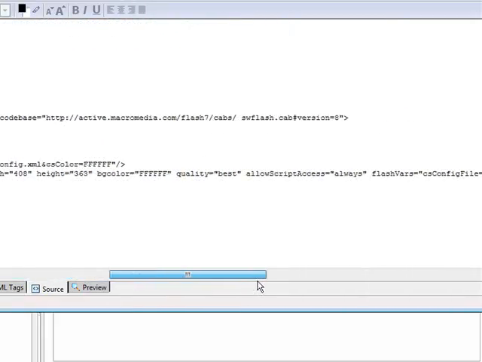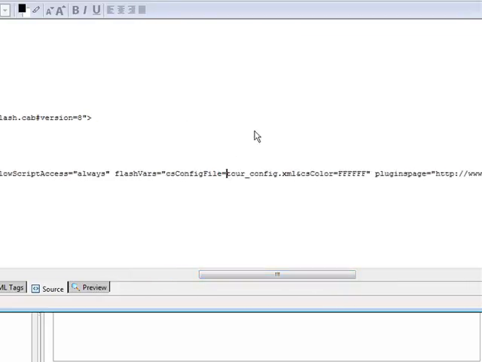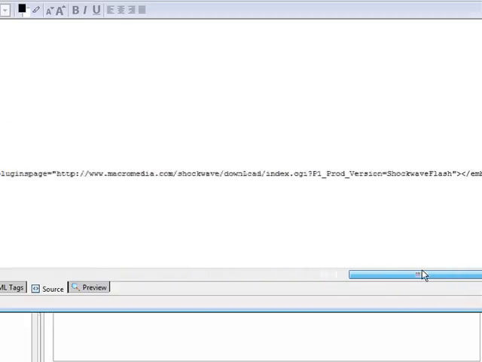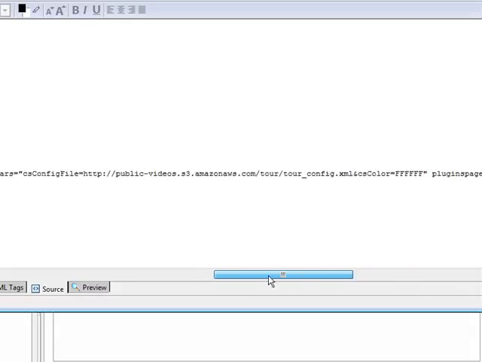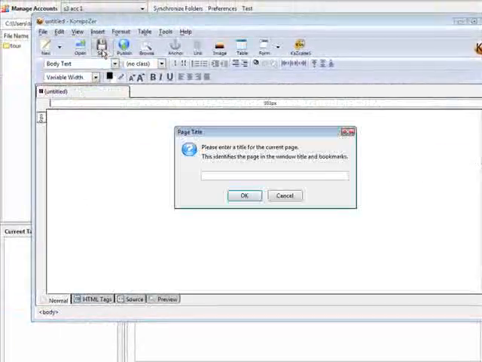Just zip across here. Okay, here's another one. Too many slashes going on there. Okay, so anyway. Alright, so that's it. Just fix these slashes here that I somehow have too many of. Okay, so now what we'll do is we'll save our web page here